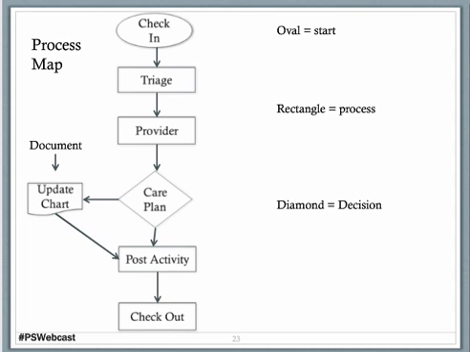And one of the key tools that works really well when you're doing an analysis of the process work we just identified, such as that patient flow, is if we look at this process map. Okay, we've got check-in, we've got triage, provider, the post-activity, the checkout, and so on. But what the picture is telling us is there are different symbols. So the oval, which is a start or an end, a rectangle, which is the process itself, the diamond is